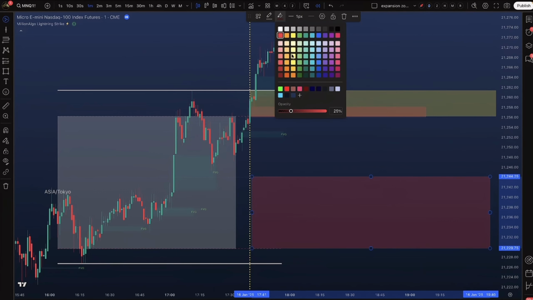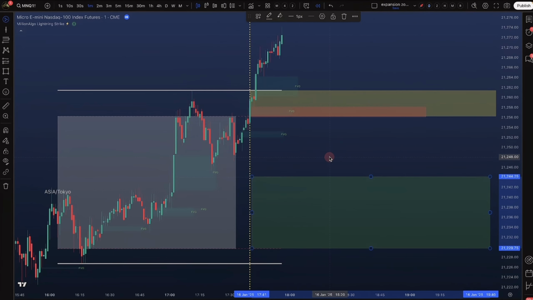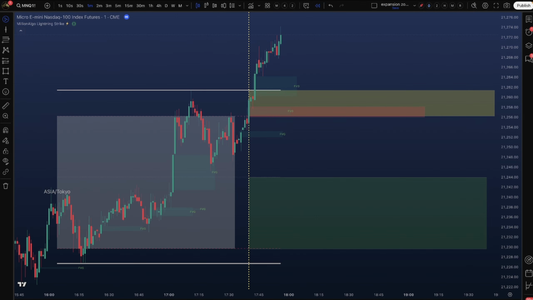Now let's go over how we manage our trade entries. Once we've confirmed the breakout on the 5-minute chart and switched to the 1-minute chart, we're looking for a pullback into one of these predefined areas. The goal is to enter a trade at a discounted buy or premium sell price. However, be mindful that price may never retest our areas of interest.